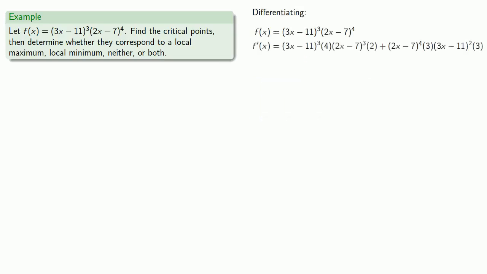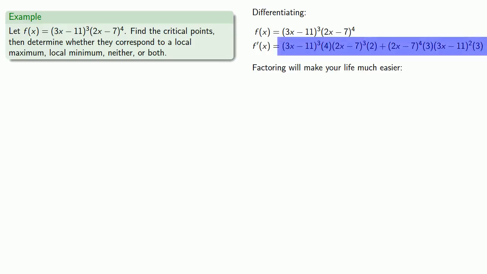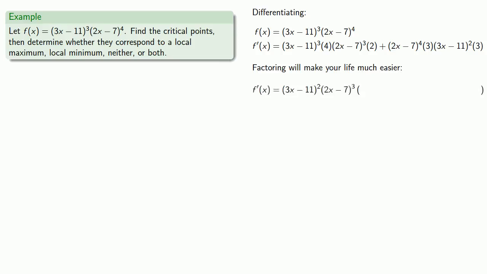Now, if we were just finding the derivative, this would be a sufficient answer. However, because we do want to solve some equations with this, it'll probably be easiest to factor this at least partially. And in particular, we do want to factor out any common factors. So if we look at this expression, we see that both terms have a common factor of (3x minus 11) squared times (2x minus 7) to the third power. Removing this common factor gives us, and we can simplify this expression down to,